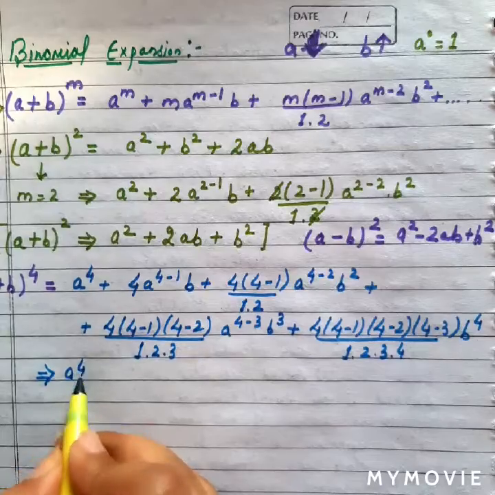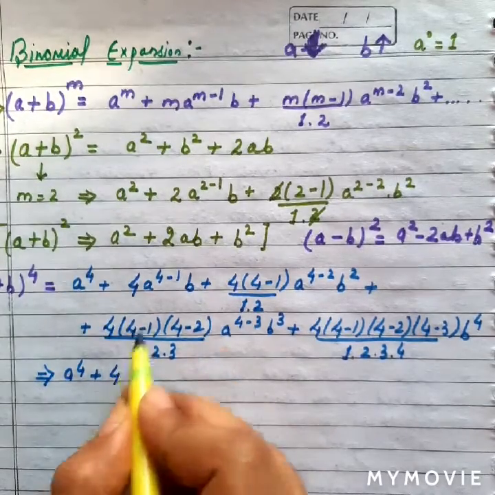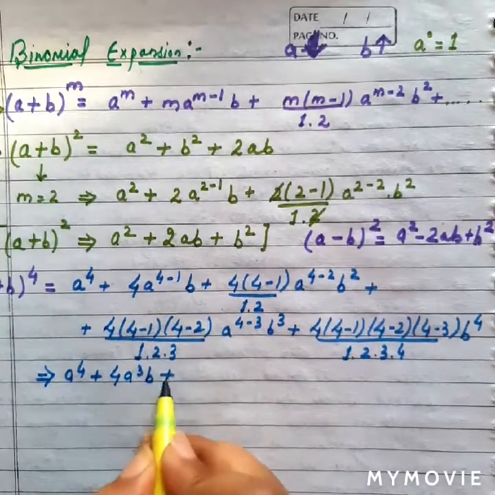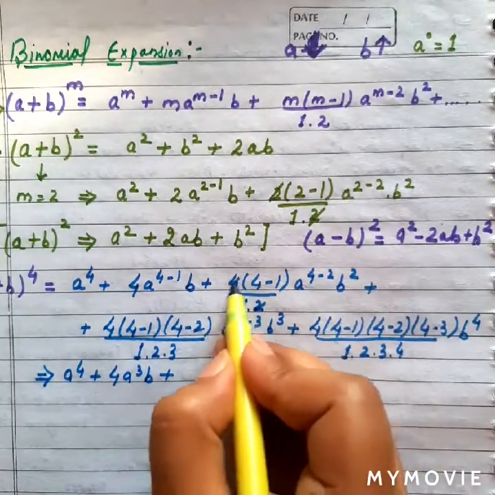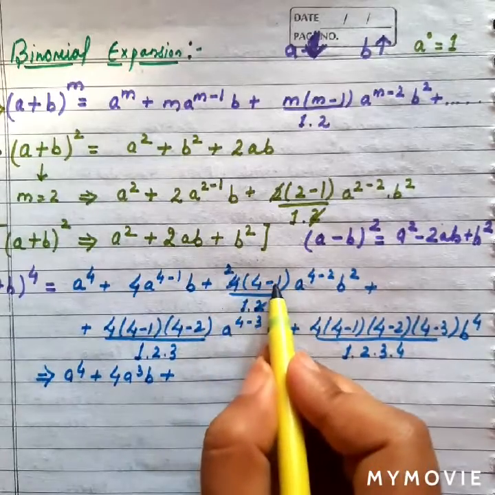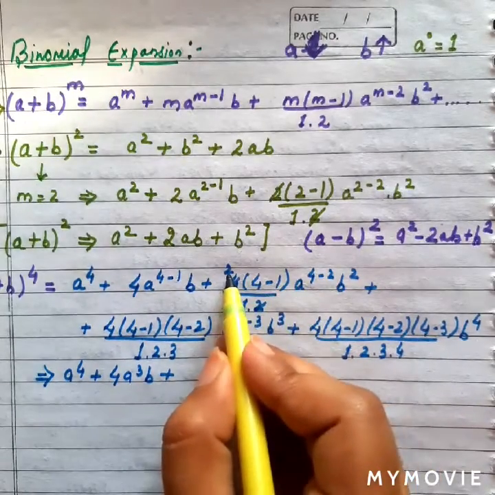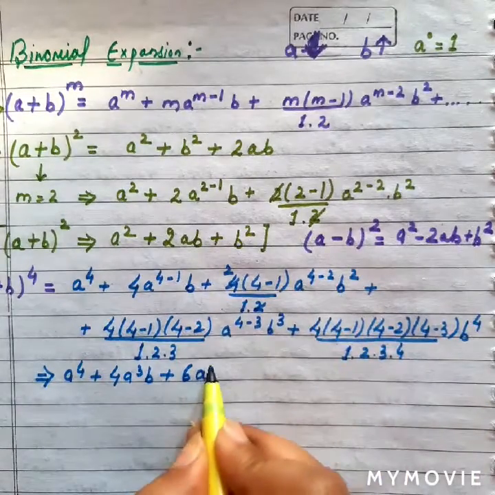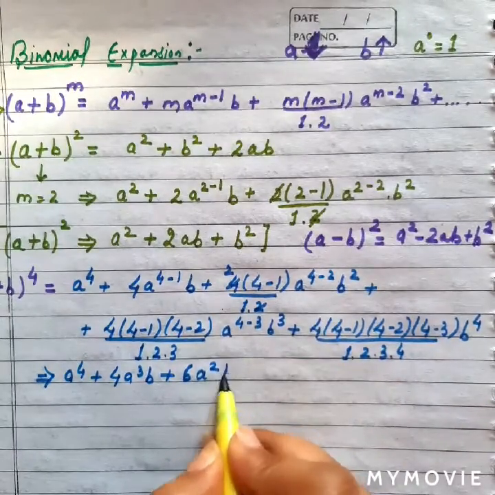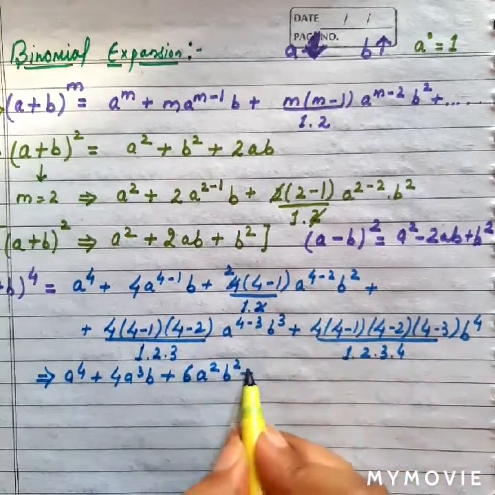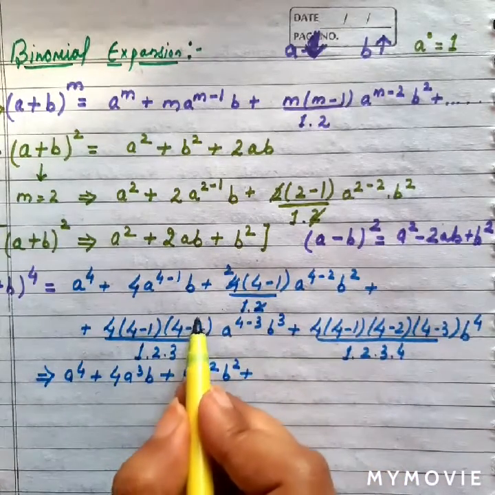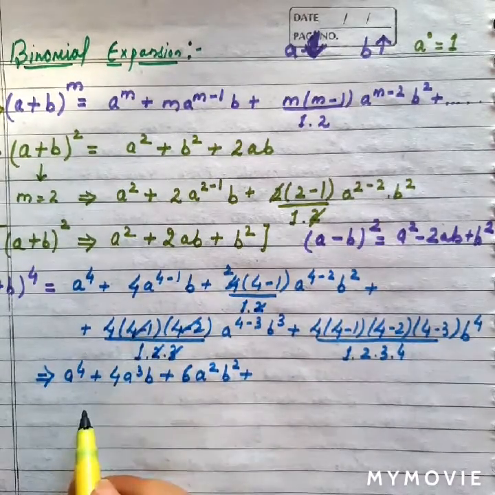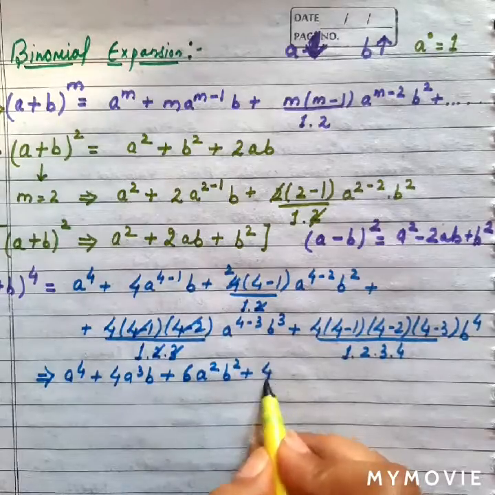a raised to power 4 plus 4, a raised to power 4 minus 1, 3, a cube b, here 2 will be cancelled out with 2, 2 to the 4, 4 minus 1, 3, 3 into 2, 6, a raised to power 4 minus 2, 4 minus 2, 2, square b square, here 4 minus 2, 2, this 2 will be cancelled out with this 3 will be cancelled out with this, and we would be left with 4, a